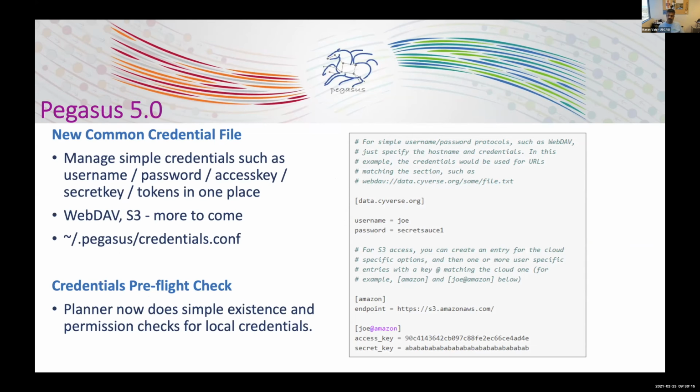As we have introduced data management capabilities in Pegasus over the years, in Pegasus Transfer, we've ended up supporting a wide variety of protocols. I think at last count, we had probably 12 or 13 protocols supported. And each of these protocols had a slightly different way of specifying credentials. So in Fibo, we've taken a step of allowing users